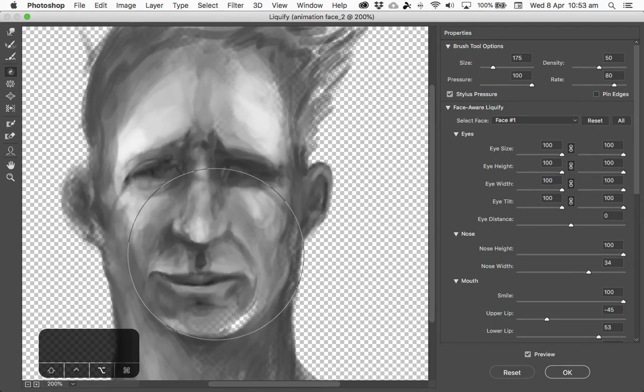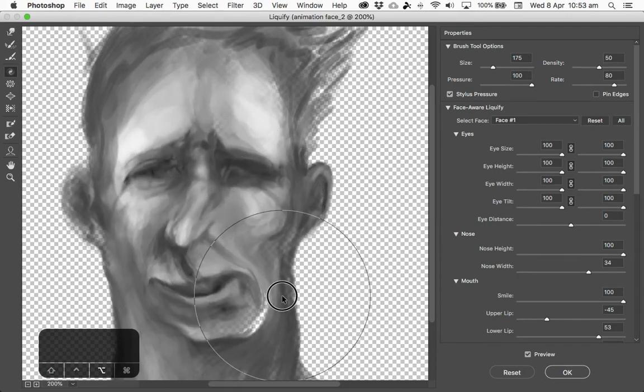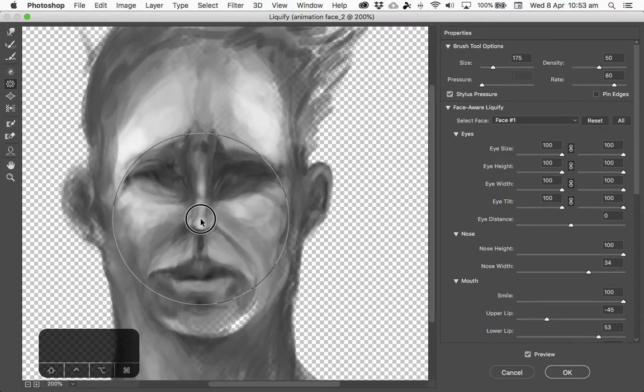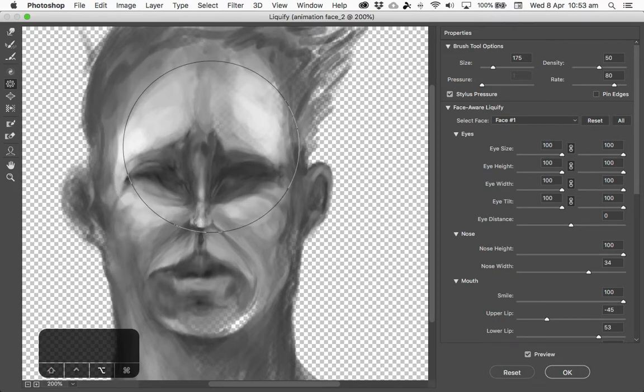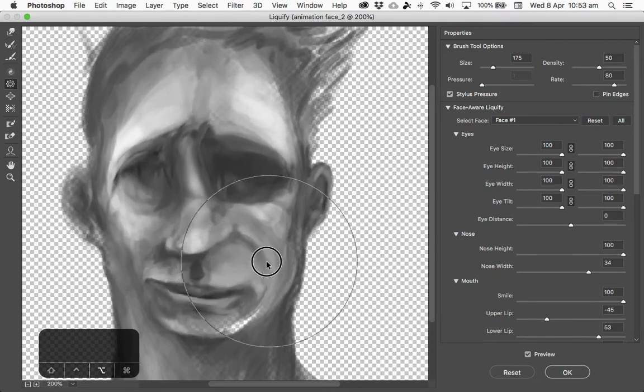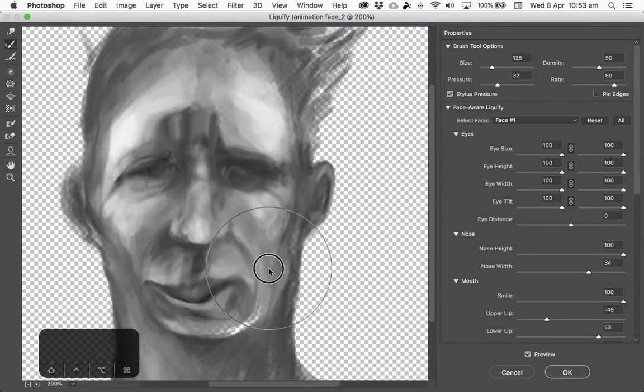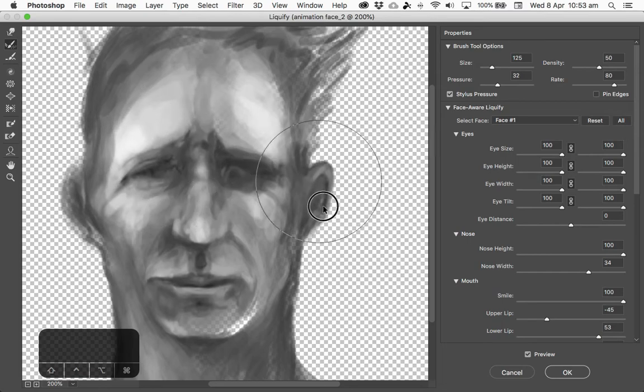And if you press Alt, it will twirl in the opposite direction. The big one for this would be playing around with the mouth and stuff like that. You can get sort of a weird expression like that. Pucker and bloat tool, they are either going to contract, or the bloat tool is going to do the opposite, but if you press Alt, it's going to toggle between the two of those anyway, so you can pucker or bloat there. I'm just going to jump to the reconstruct tool and see if I can rebuild all of